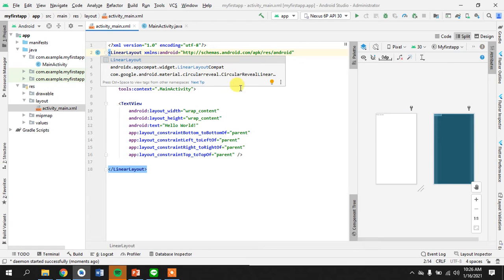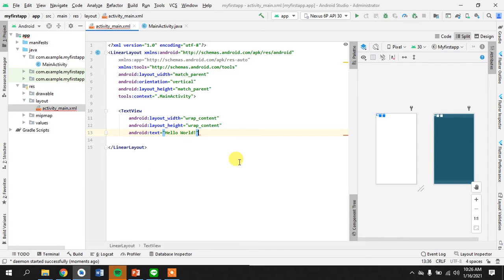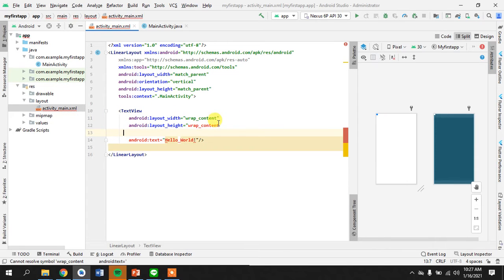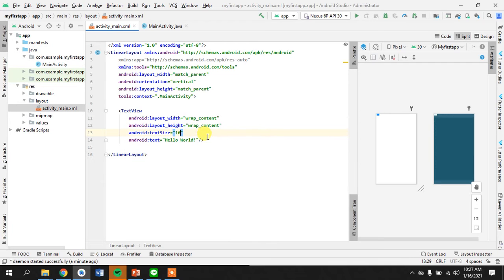Linear layout means it has to have an orientation. We can do vertical. We can take one text view. Just follow me along, and I'll tell you from where we got this view. Okay, text size, we can do 50 sp, and we can give it a background of this parent view,